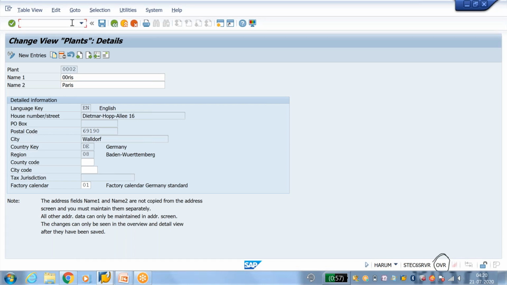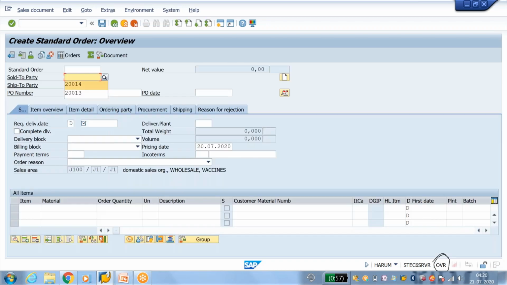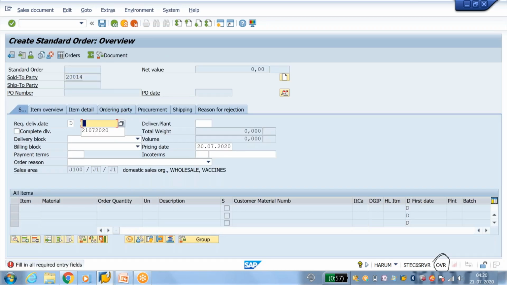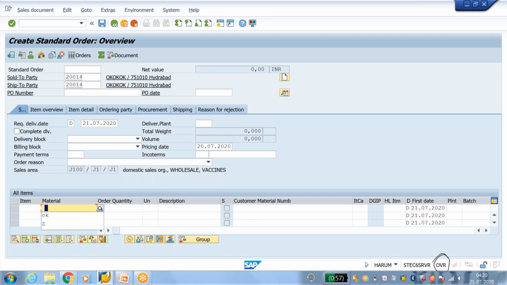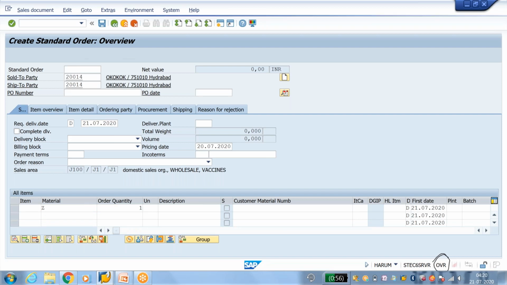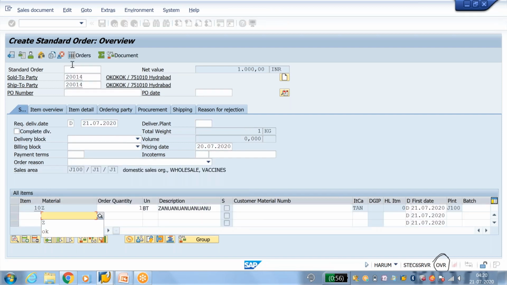Now create one sales order. I am giving one example of a sales order. Give some dates and the material code is Z1. Manoj Tony is my PO number. Order has been saved.